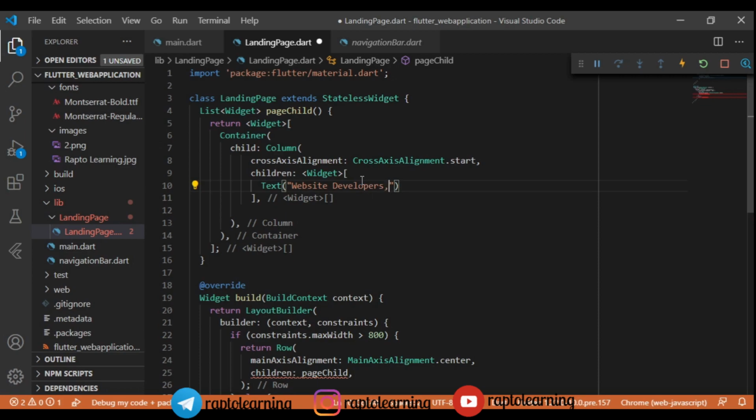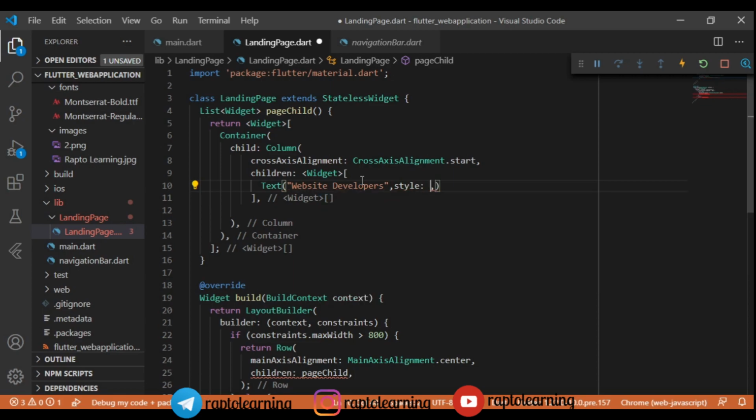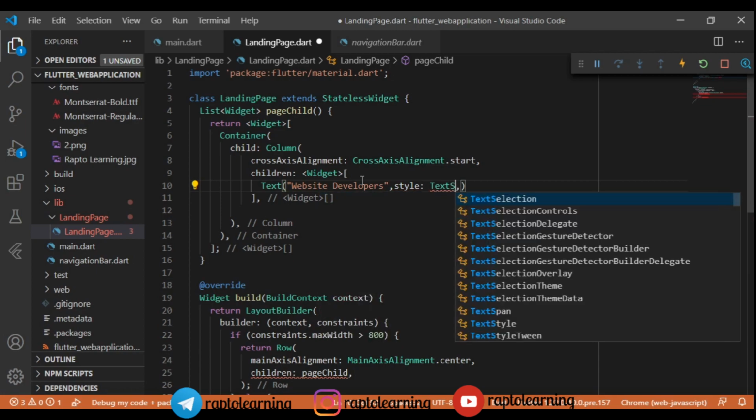So we are going to basically build a web app for website developers. So, website developers, and comma, style and everything like that. So probably you should give the title as, this is not a very efficient title.